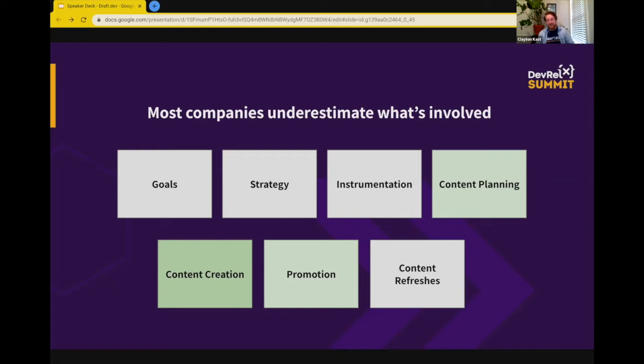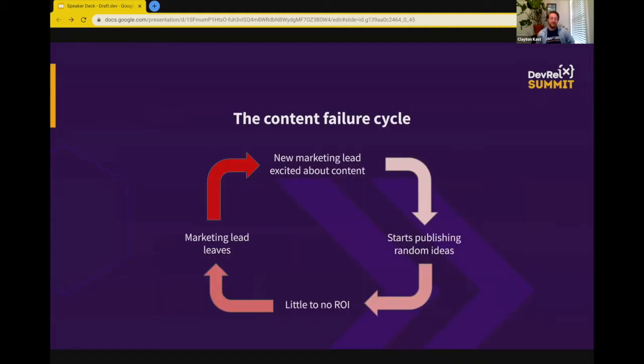It's interesting, because it's not that content marketing or technical content marketing is new, people just don't quite have the same experience level that they have with traditional marketing efforts and don't apply a lot of the same strategy to it. And that leads to what we often call the content failure cycle, which oddly enough sort of applies to DevRel